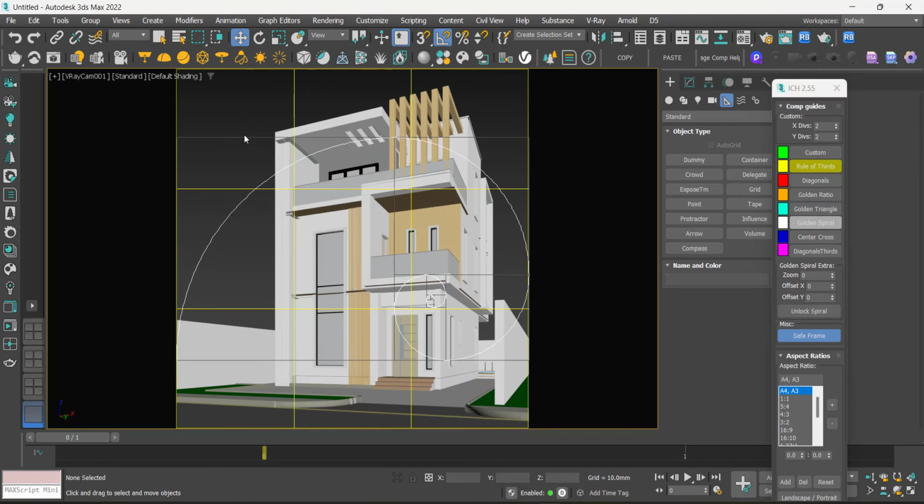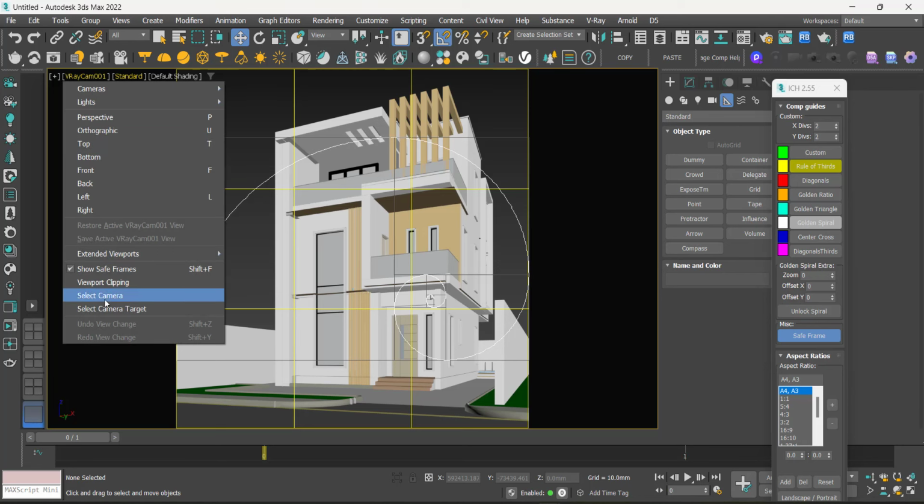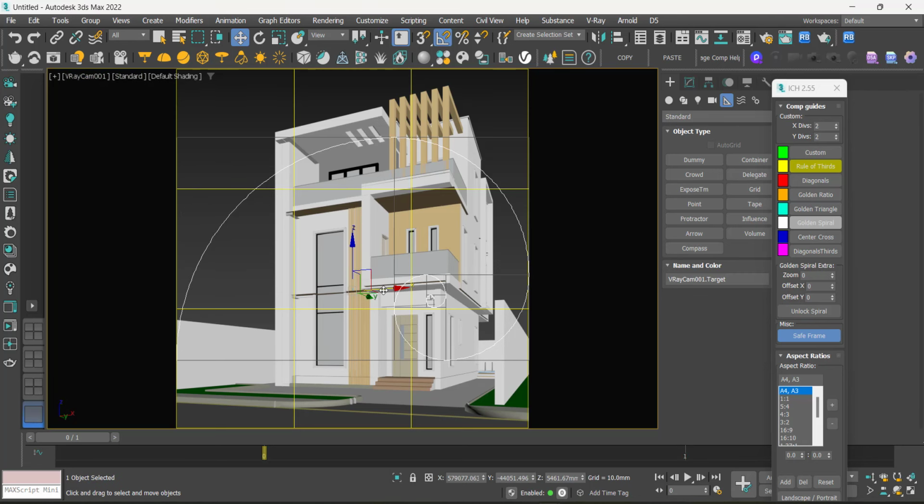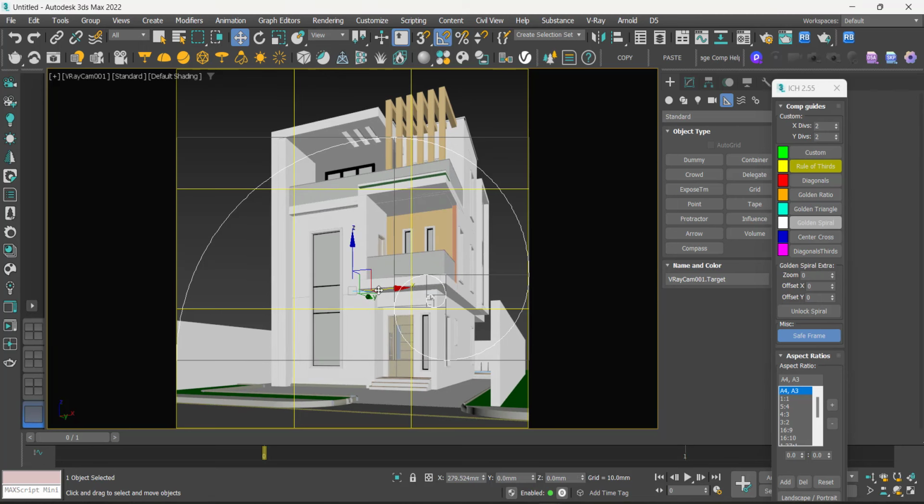Okay, let me uncheck the camera. You have this yellow line here helping you to get the vertical and the horizontal lines. You can see we have already checked the automatic vertical tilt, which is why our building is straight. It means that our image right now is good to go. But if you want to make it show the side a little bit, all you need to do is go here and select the targets and turn it,